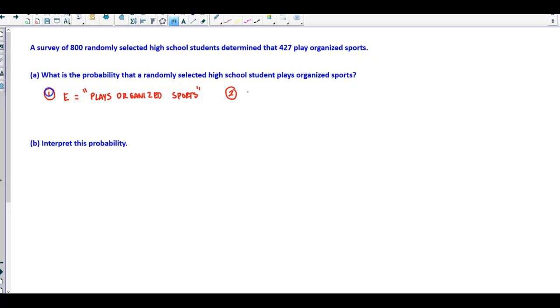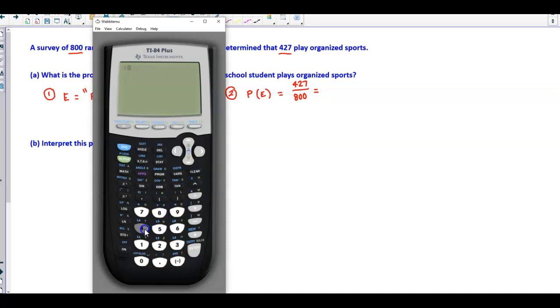Okay, now we want to find the probability P of that event E. So that means we're taking the amount of students who played organized sports, which is 427, and then we're dividing it by the total that was randomly selected, which is 800. So now let's go ahead and find that on our calculator. If we take 427 divided by 800, that gives us a decimal of